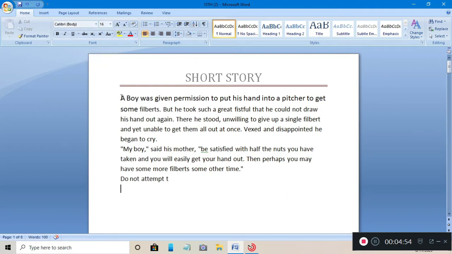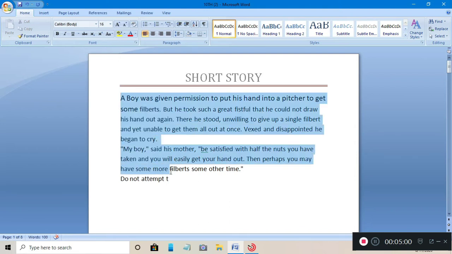If you want to enhance the appearance of your document, you can easily select the part for which you want to change the font style, and afterward you will go to the home tab. Here you will find the same box in the font group.